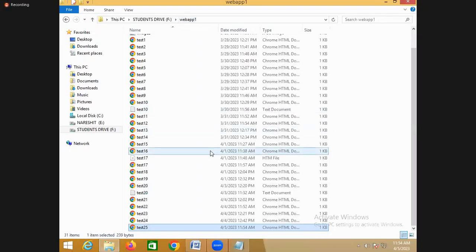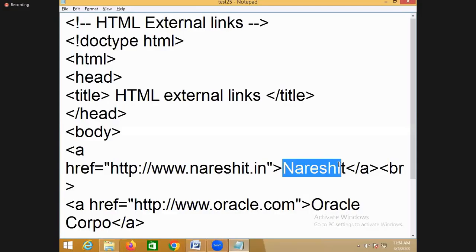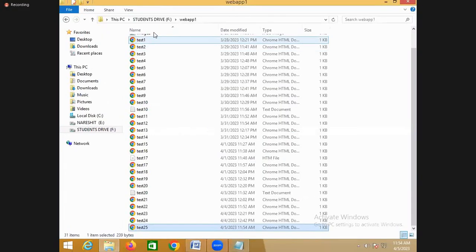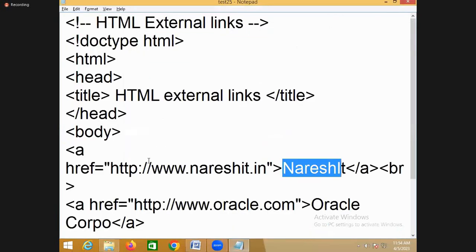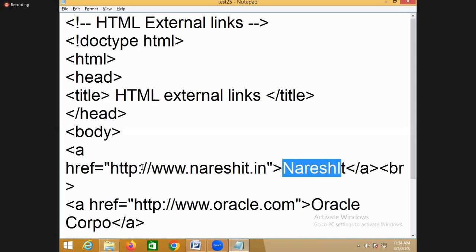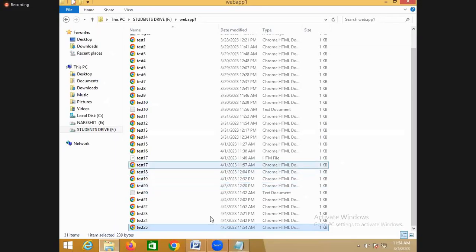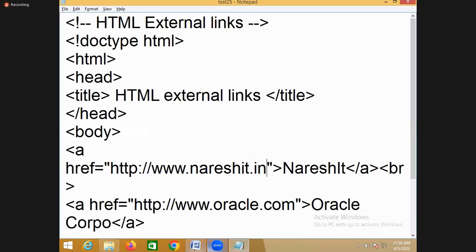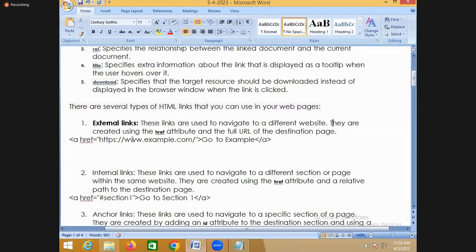Yes. If I click on this link, it will take this as web app slash. Is there a web app slash www.nareshit.in? No. Okay, now you have to give the complete path. That is what I have written here. They are created using the href attribute and the full